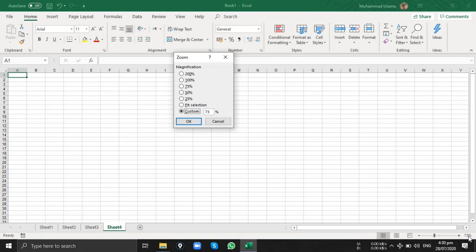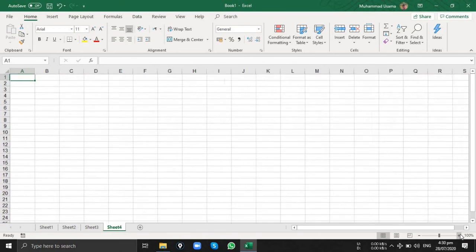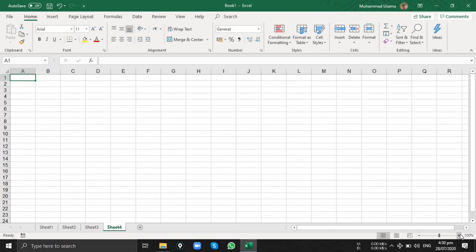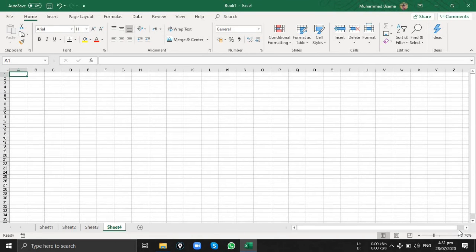You can change zoom value also from here. You can also put a custom value, like I am putting 90, and that's it. If you have a wheel mouse, then by holding Control and then rotating your wheel, you can zoom in, also zoom out.